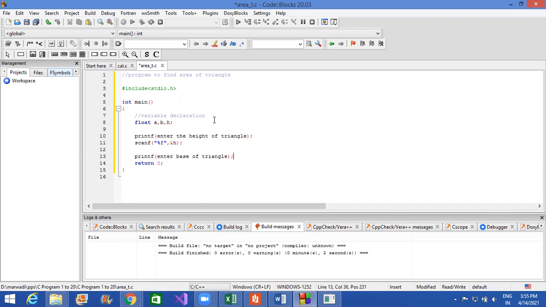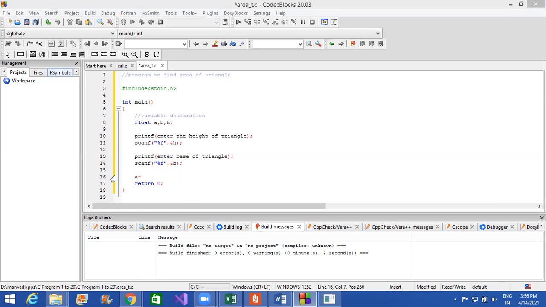I'm typing, so ignore some of the typing or spelling mistakes. The program will not have any mistake, but ignore the spelling mistakes. I will try not to make any programming mistakes. Enter the base of triangle. Now I have taken the input from the user of height and base. Now we are calculating the area of triangle. So A for area, A is equal to